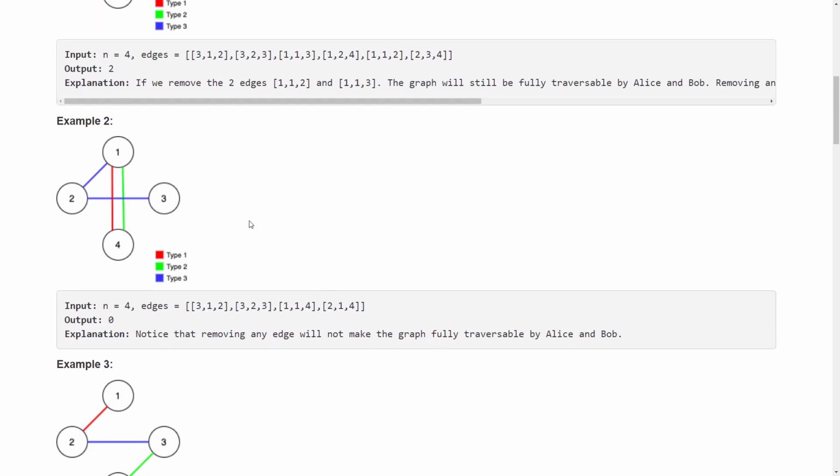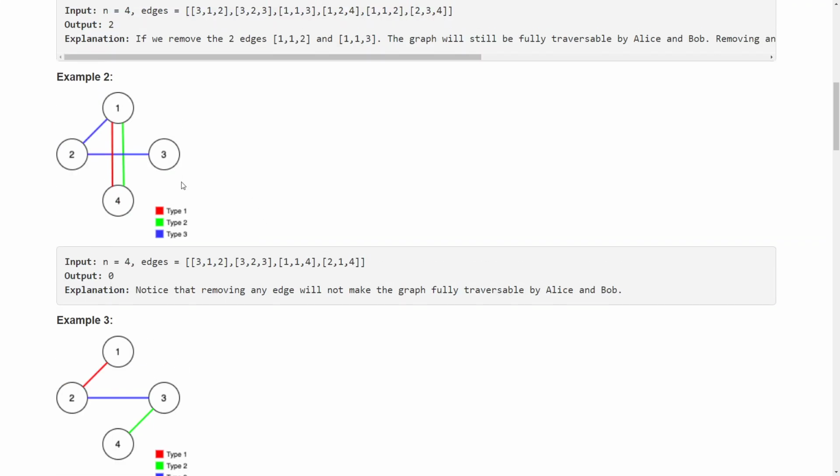Cool. So let's look at the second example for one more explanation. If you look at Alice's possibility first, from 4, Alice can travel to 1 using this red edge, and from 1 to 2 and 2 to 3 only a blue edge is there. So if you remove this blue edge, 1 and 2 will not be connected and no one can travel. So you can't remove any of the blue edges because 3 is only connected by a blue edge. Similarly, by symmetry, because red and green are exactly similar, you can't remove any blue. And if you remove red, then Alice can't travel. If you remove green, then Bob can't travel. So you can't remove anything in this case.